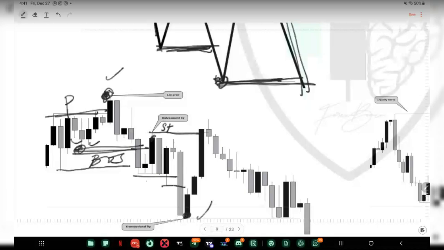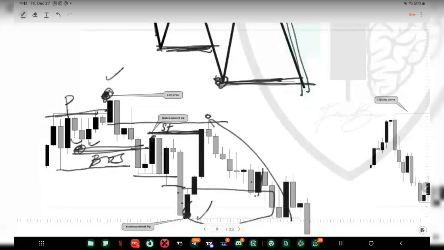So price did what? Retrace all the way back, giving these people that want to continue a buy here, you can see the reaction. It meant that a lot of people want to buy here, and it actually violated them, right? So here, price did what? Induce this eye to tap into this. If you trace it to the left side, you'll see what I'm talking about. And then price displaces to the opposite direction. So a lot of people that want to look to buy here will be clapped, that is, they will be taken out.